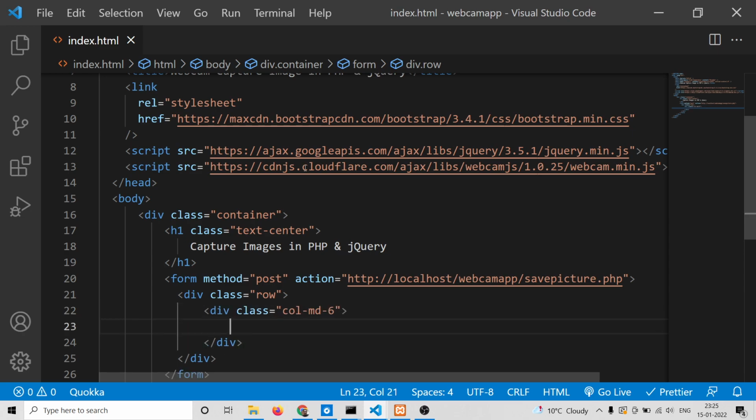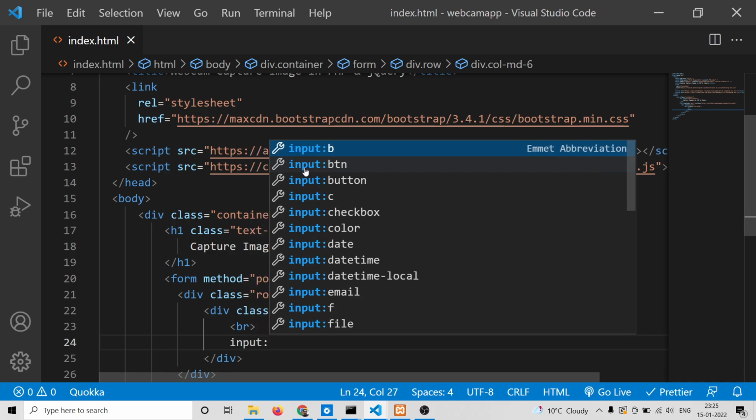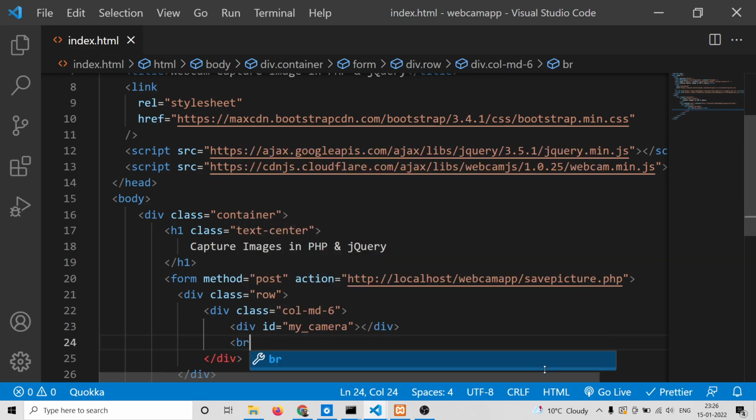This is again Bootstrap classes, and inside this we will first of all have a break tag, and then we will have an input field, and this input field will be of type... But before that break tag, you should have a way to show the camera. So we will have the div which will have the ID of my_camera. Inside this we will show our streaming camera, and then a break tag, and then we will have